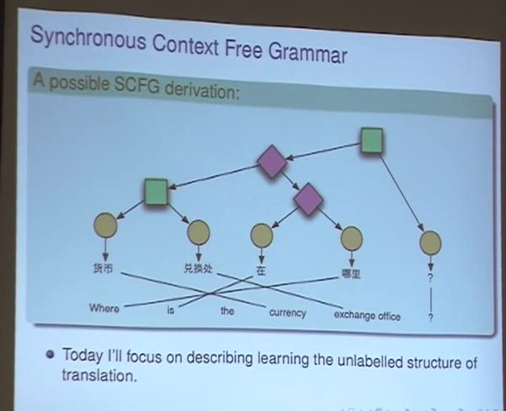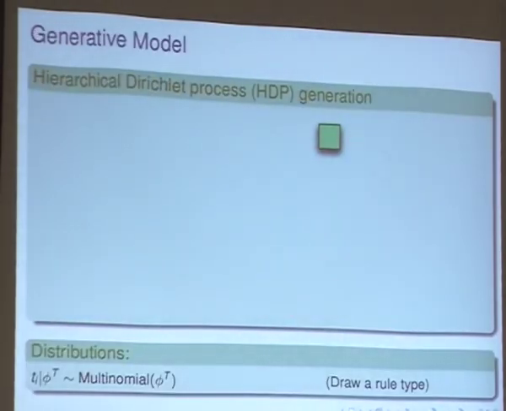And just a word about the symbols I use here. The circles are used to denote emissions in the grammar, so the terminals. The squares are non-terminals, which are monotone, and the diamonds mean that some sort of reordering has gone on. So if you follow this tree through, you'll see that there's a reordering here between these two phrases, and here again there's a sub-reordering. So I'm just denoting that with these, and I'll refer to that as rule types.